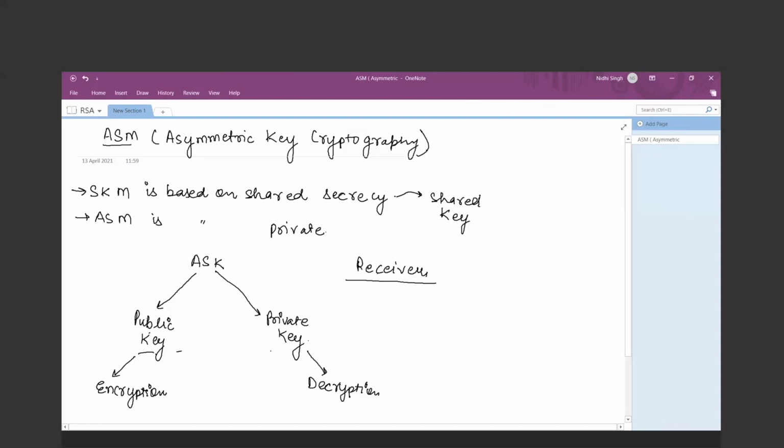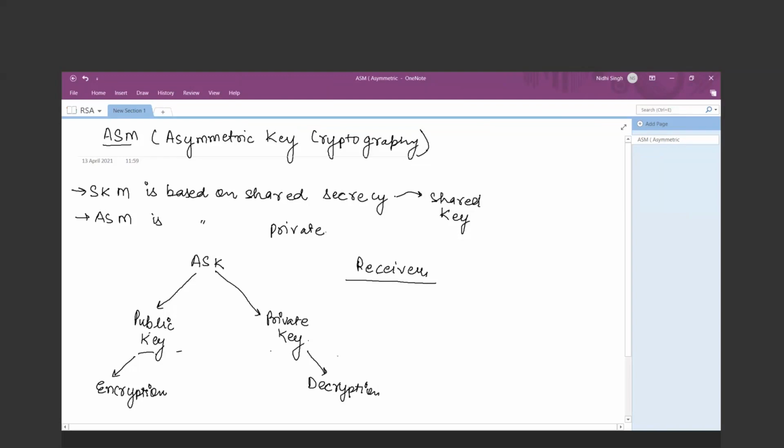Because, as the name indicates, the receiver's public key is known by all, in fact the attacker also. So once it is encrypted by using the public key, it can be decrypted only by using the private key. Okay? So it is not that if someone knows the receiver's public key, they can decrypt it. No, because the decryption process uses a different key.